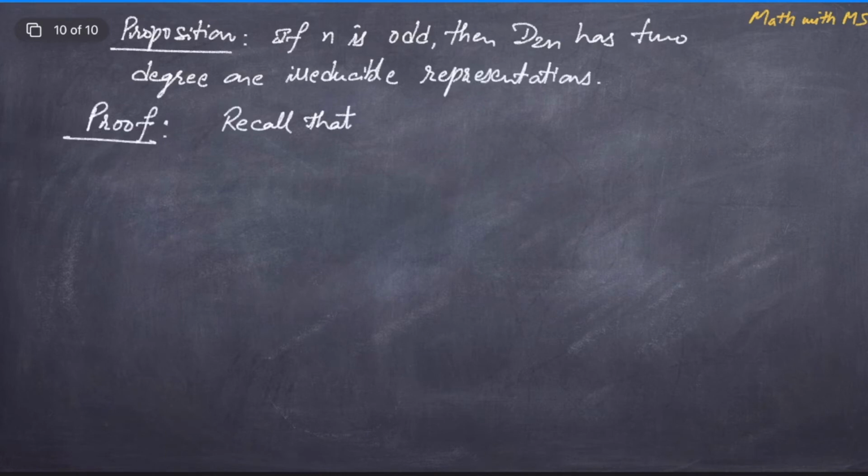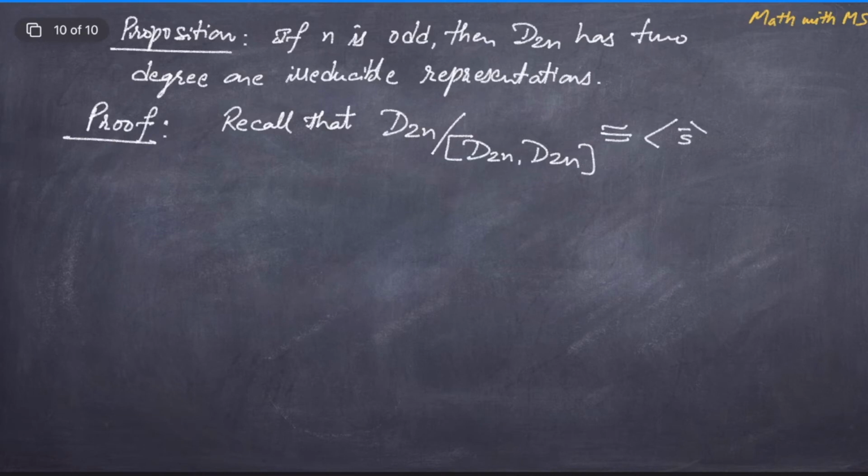The abelianization in this case, that is D_2n mod the commutator subgroup [D_2n, D_2n], is the cyclic subgroup generated by the coset of S bar, and that is just the cyclic group of order 2, Z mod 2Z. So we define,